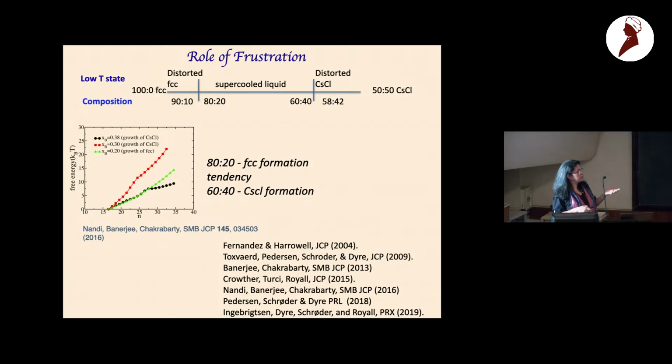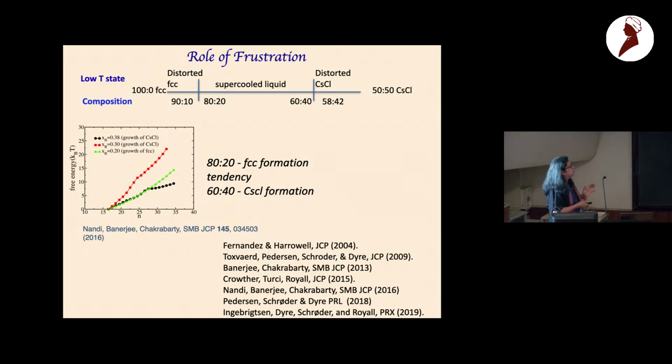So this 80-20 mixture has a tendency of FCC formation, and the reason behind it is that there is a compositional frustration. It is no more the space, the curvature of the space,